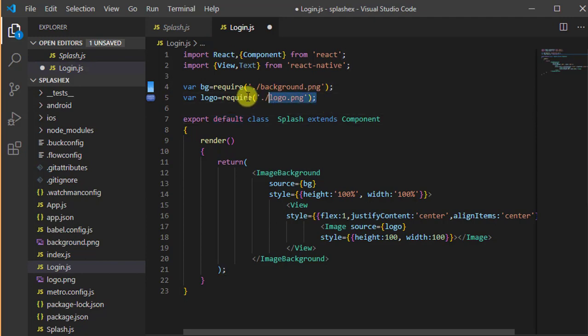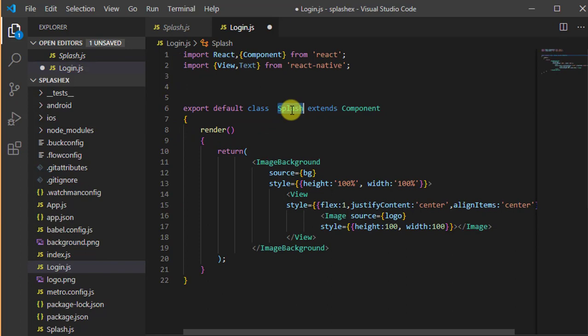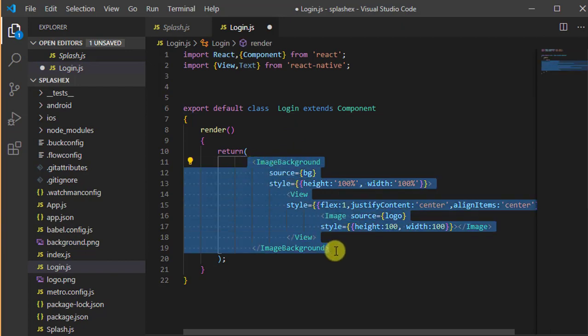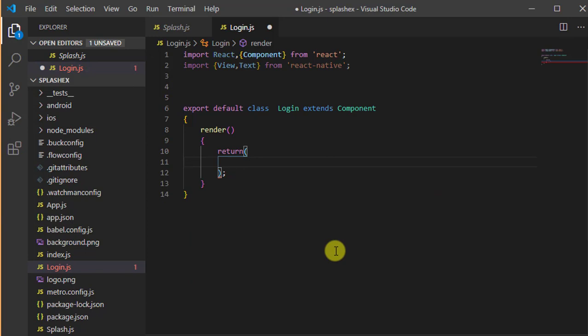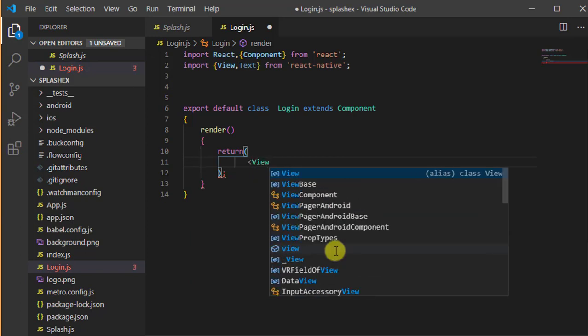We don't have requirement of background images, so I remove these code. The file name should be Login. I remove all the code from here. Inside the return statement, we have to use view component.